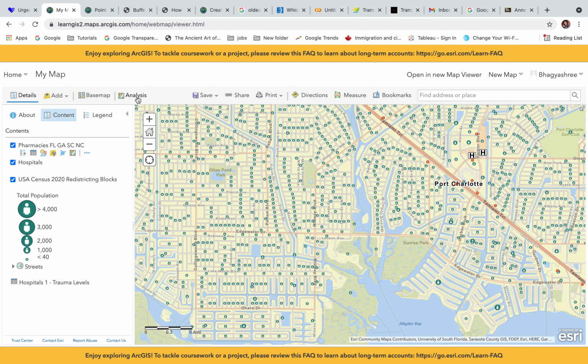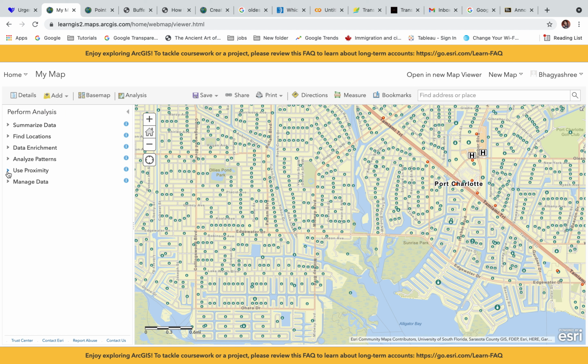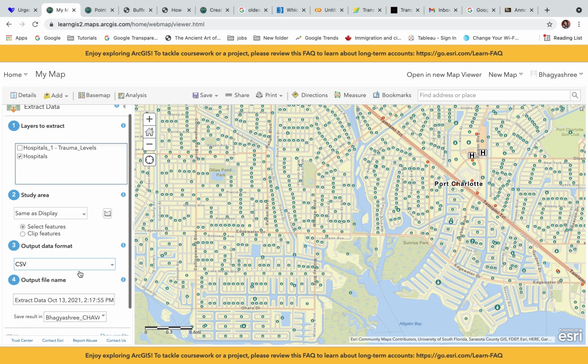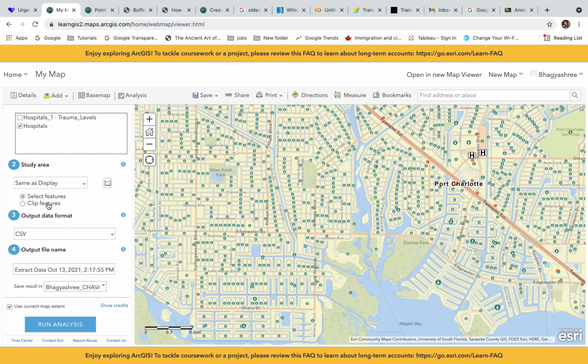If we want to extract this data set, we can just go to the analysis tab, then go to the manage tab, and then extract the data set. If you want to extract just the hospital data set, you can do that.